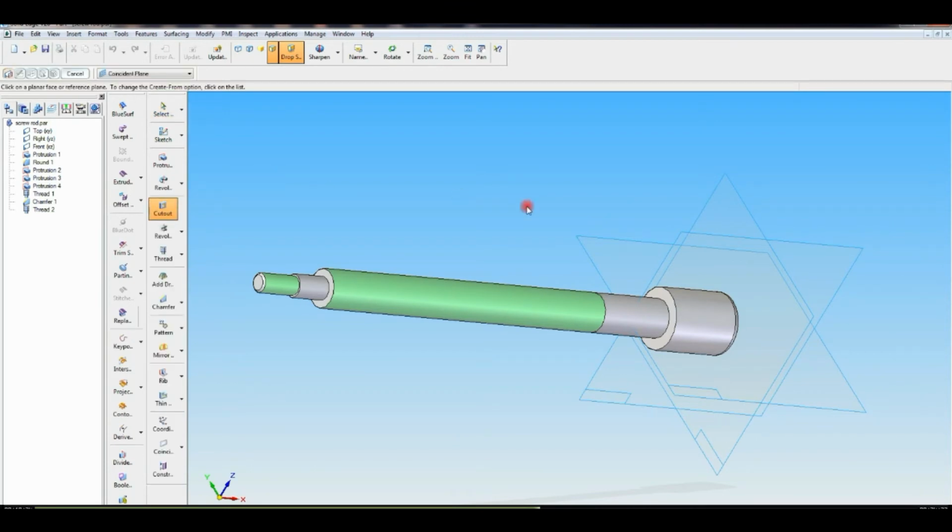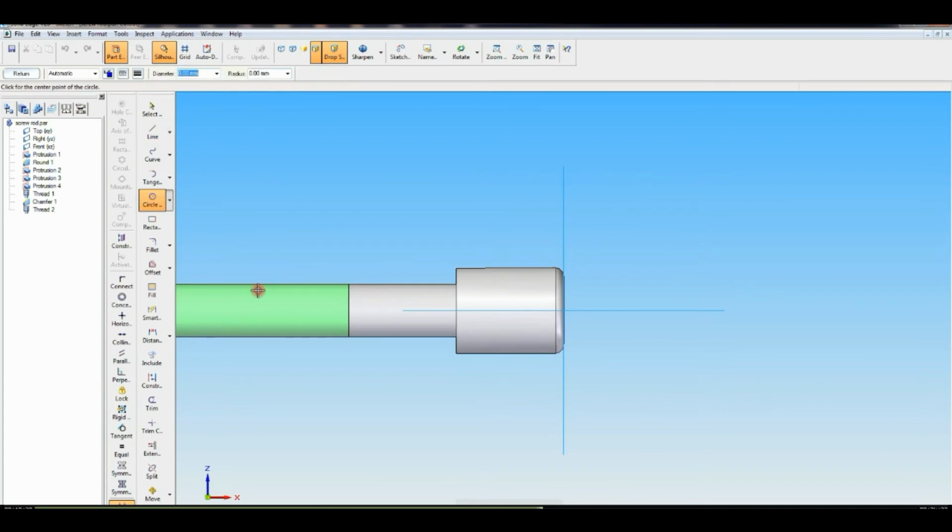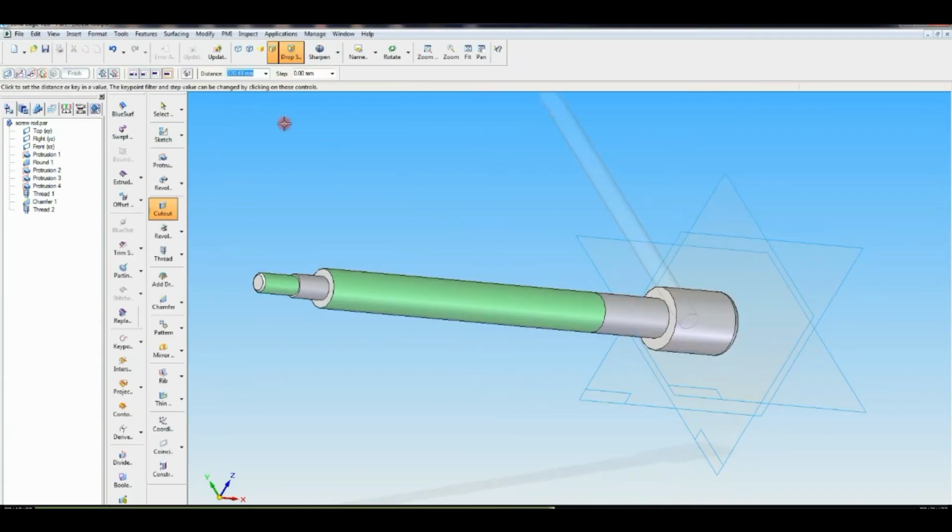For that, with the cutout command, select that plane, draw the circle of diameter 10 mm. The distance from the right side to the center, that one you have to give 20 mm. Return. Symmetric extent.